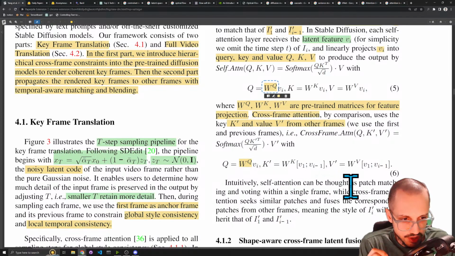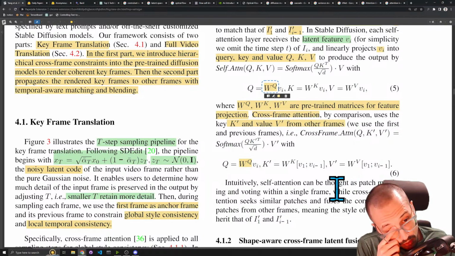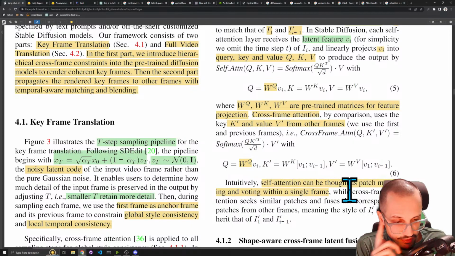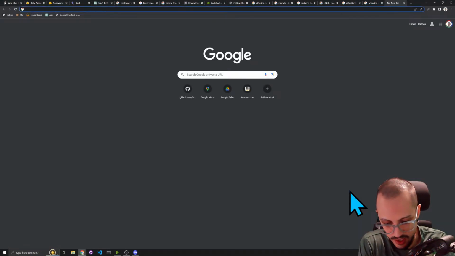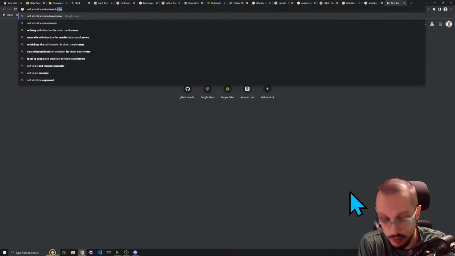Intuitively, self-attention can be thought of as patch matching and voting within a single frame, while cross-frame attention seeks similar patches and fuses the corresponding patches from other frames. What do they mean by this? Self-attention can be thought of as patch matching and voting within a single frame. So whenever you're doing self-attention with a self-attention vision transformer,